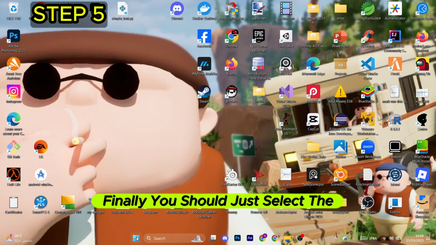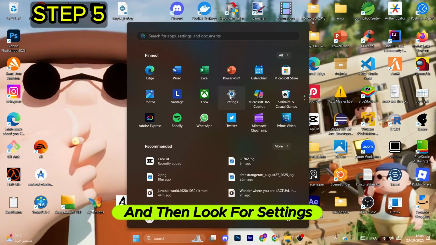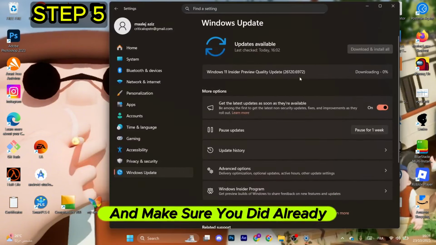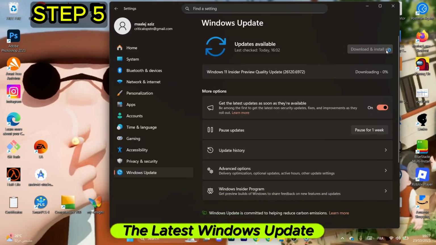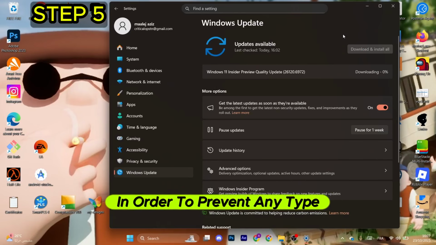Finally, you should just select the Windows icon and then look for settings. Now go to Windows Update and make sure you did already install the latest Windows Update in order to prevent any type of